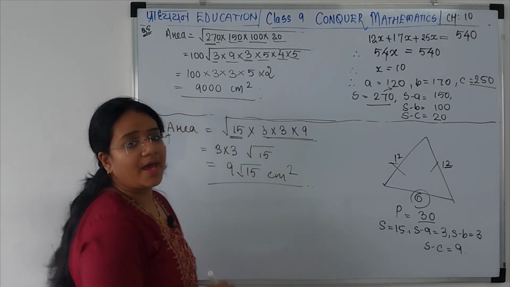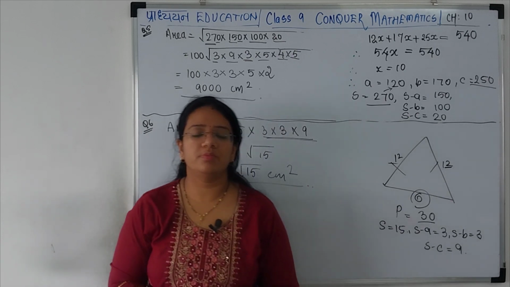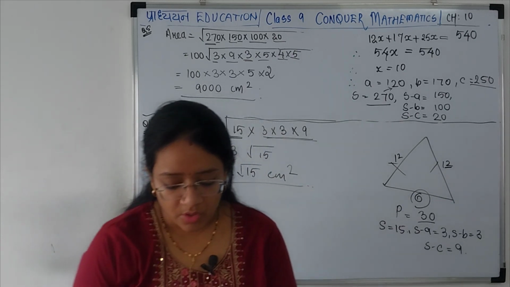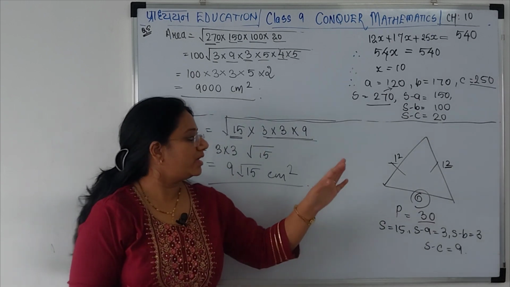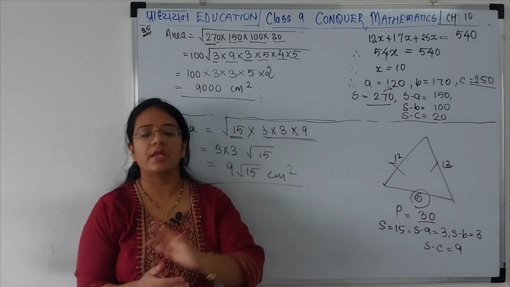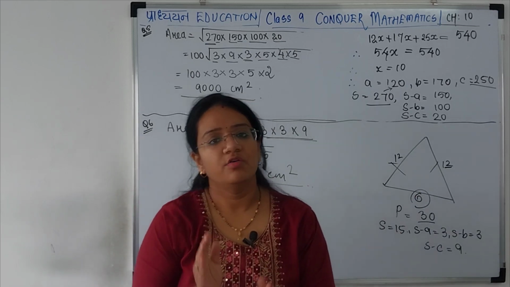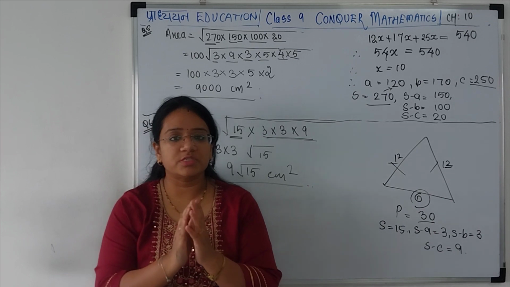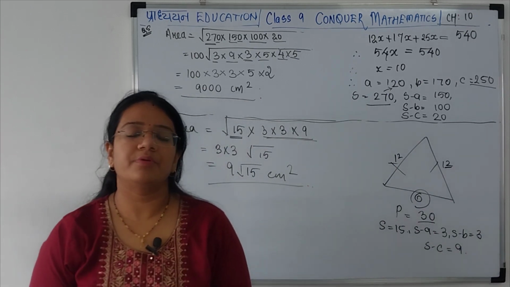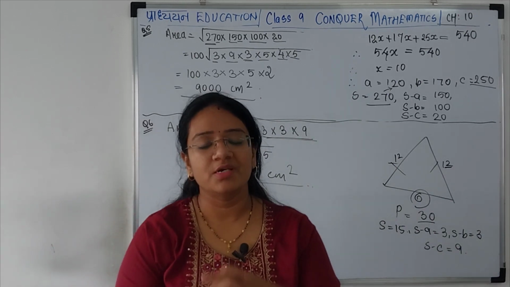Is that clear? I hope the chapter is very much clear because it is extremely easy. No rocket science in this, no application, it's a basic formula. You have three sides, you have a formula, you simply have to apply the values. Alright? In the next video, we are beginning with one of the most important and a lengthy chapter, which is surface areas and volumes.